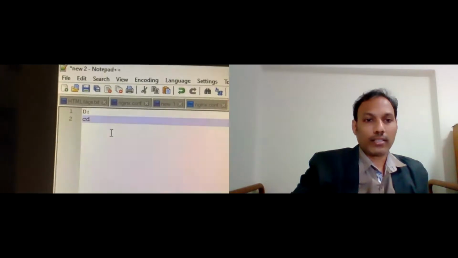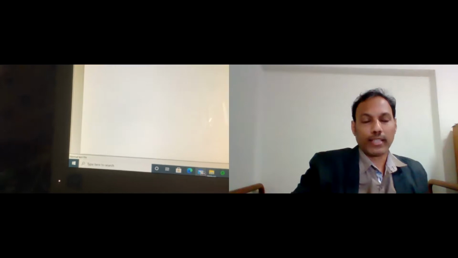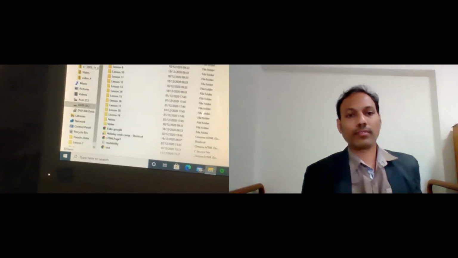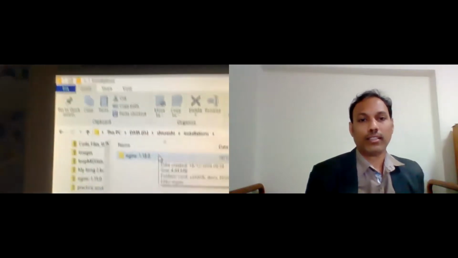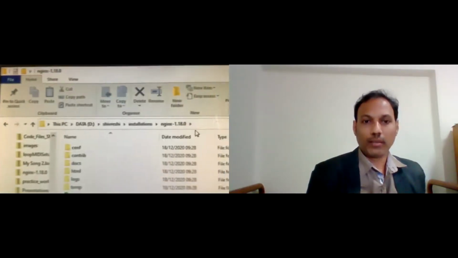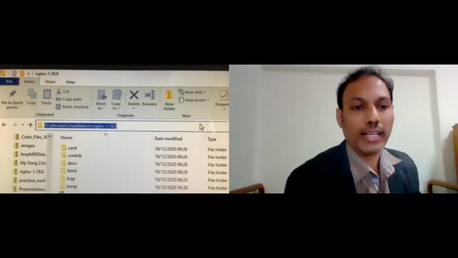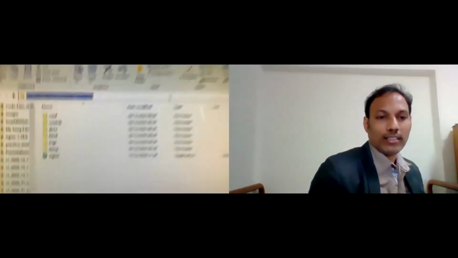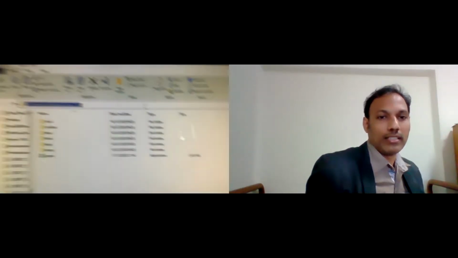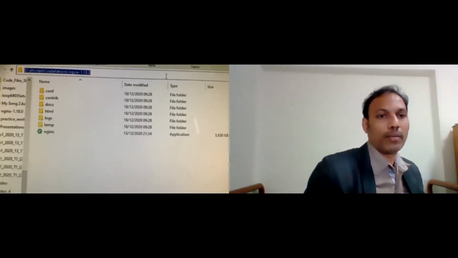Give the nginx folder location. So after installation, you click on nginx and copy the full path, where the nginx.exe file is located. You see the nginx.exe, right? This folder path you need to copy.